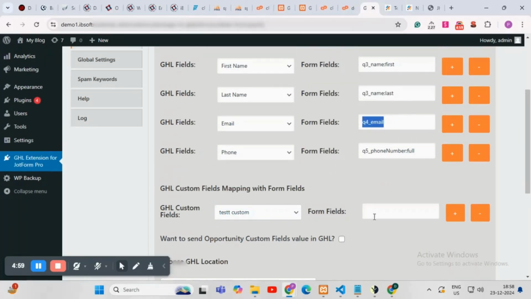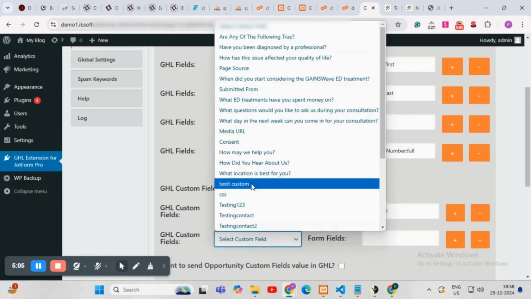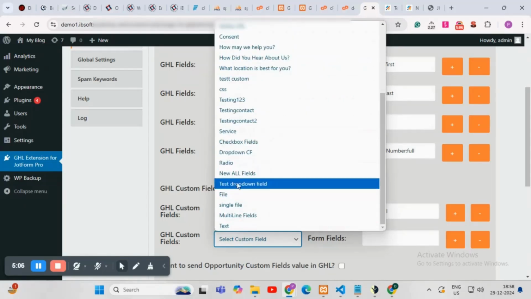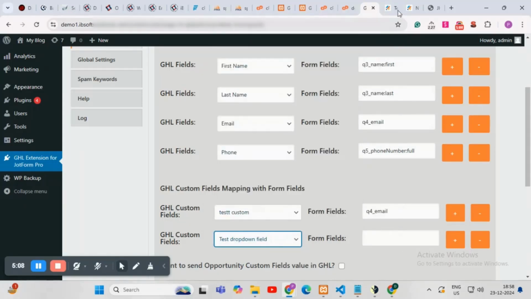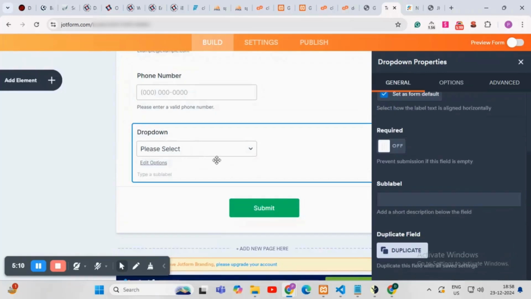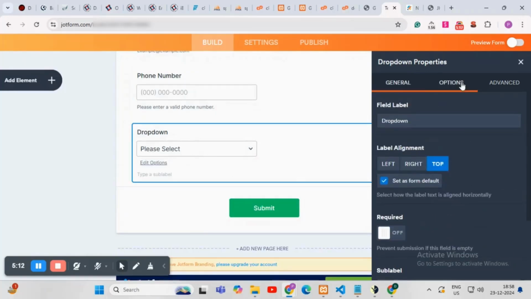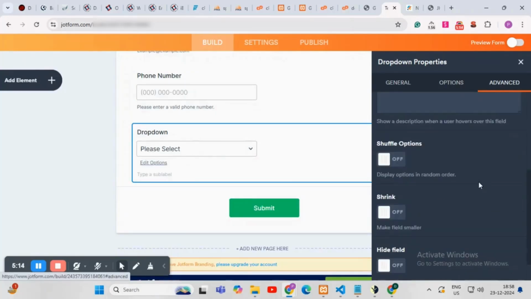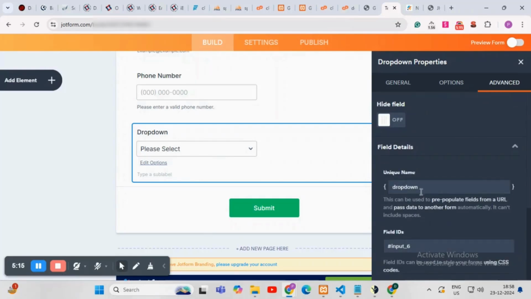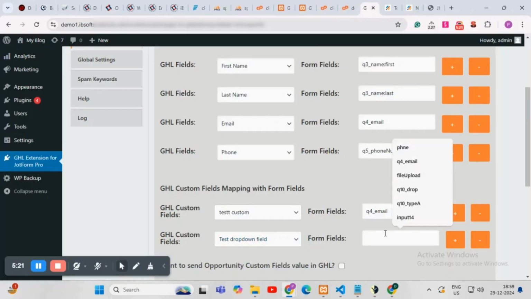For example, let's map email here, and then we can map a drop-down field as well. Let's see the properties here. Field details, drop-down, input 6. Okay. So that will be Q6